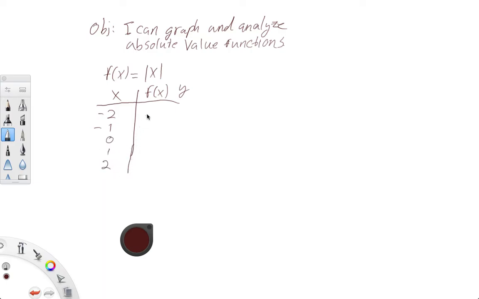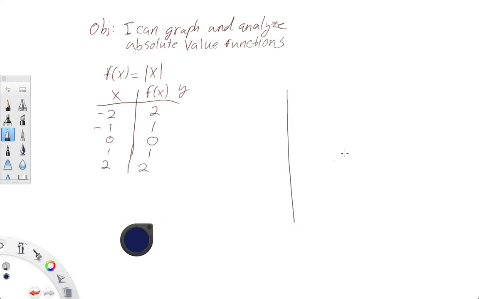And f of x, if it's the absolute value of x, the absolute value, remember, of -2 is a positive 2. Absolute value of -1 is a positive 1. Absolute value of 0 is still 0. Absolute value of 1 is still 1. Absolute value of 2 is still 2. And if we were to graph this,